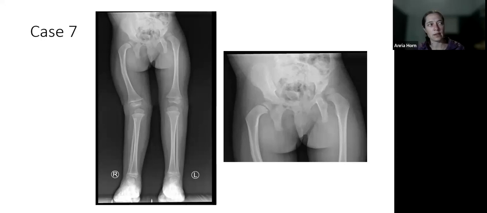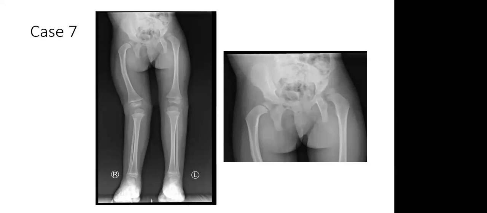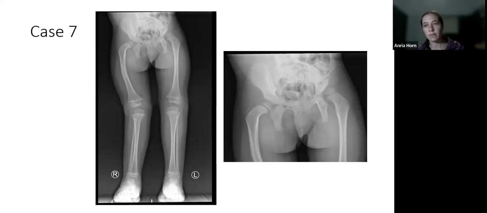So the neck shaft angle isn't that low. It's like 130 or whatever. And then there seems to be a little bit of valgus in that knee. So now you've got knee valgus, a short femur, and coxa vera. Or PFFD. Yes, exactly. So I think she's got a unilateral PFFD or congenital short femur, which is kind of